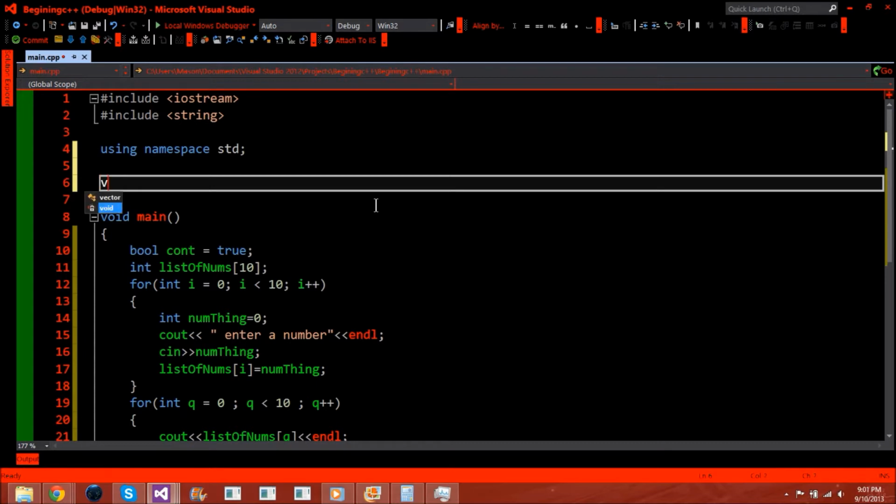Well, first I'm going to do a void. Now that's the return type. I'm going to name the function get 10 numbers, and I'm going to pass it an array of size 10 that I will call num array. This one I will